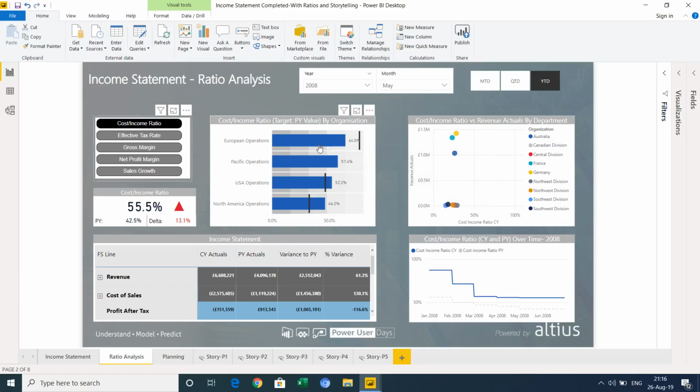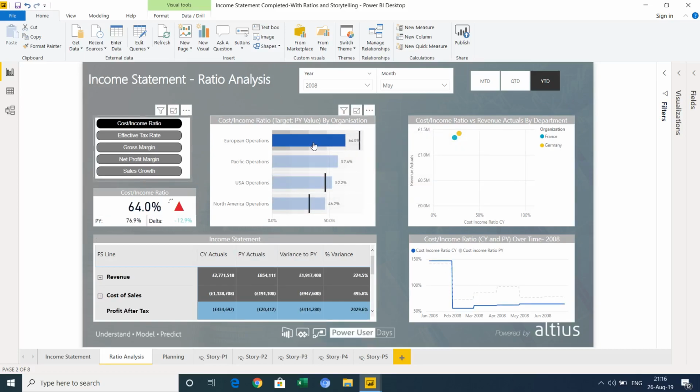And also interacts quite well with this. So we want to click on European operations, and we can see then actually cost income ratio current year in comparison to revenue. Because again, it might be that actually it has a very high cost income ratio, i.e. it's got a lot of cost relative to its income. But if its income is very low anyway, then it's not going to impact your overall cost income ratio very much. So here we're using revenue as that context. So we're using the scatter plot to be able to highlight the cost income ratio in relation to its revenue. So the things we can see here with a high cost income ratio and a high revenue are the ones that are really driving those numbers.